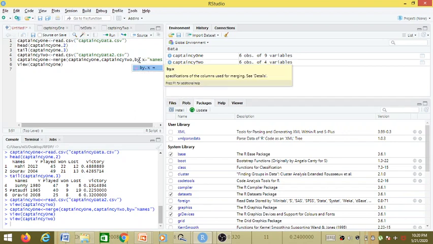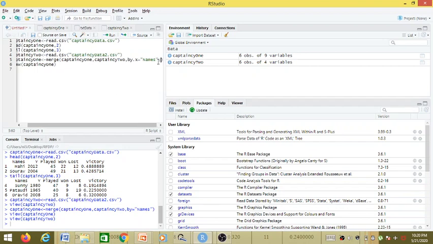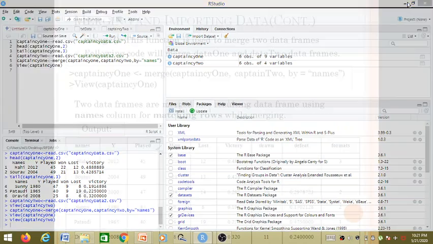will have the column name which is available in the first data frame, say names as we just assumed, and by.y will have the common column name which is available in the second data frame. So this is in case there exist similar columns but just the heading or the name of those columns is different, then we can perform this. Currently we don't require it, so I can keep it as it is. So this is the merging operation.